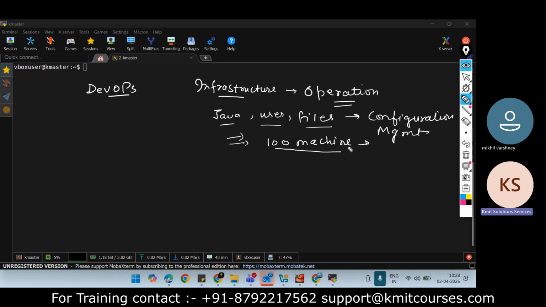Another problem is rollback. What does rollback mean? For example, you have installed it on 100 machines and it took 2 full days. Now your boss comes to you and says, oh, there is a mistake, we need to install Java 8, not Java 17. So you say, okay, we need to uninstall and install. Maybe he gives you another script and you need to execute it on those 100 machines. So a lot of manual effort is required and the chance of mistakes is very high.